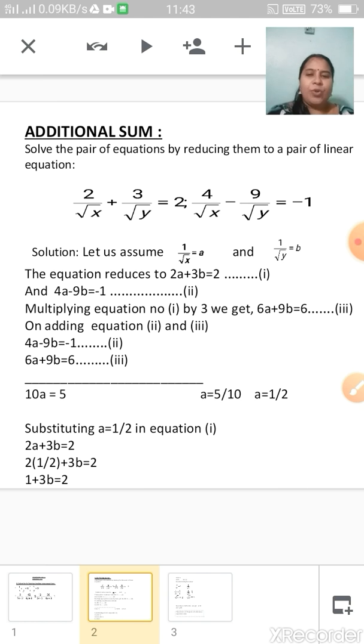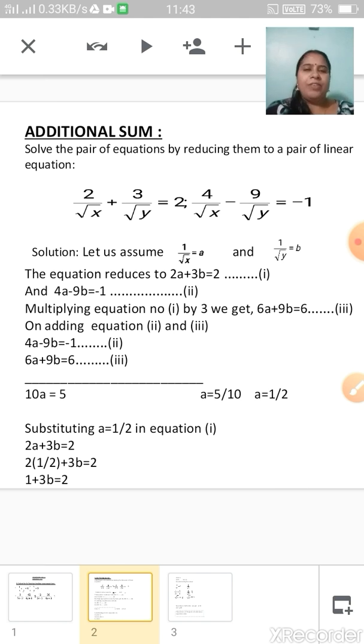We get 4 plus 6, that is 10a is equal to 1 plus 6 minus 1 plus 6, that is 5. So 10a is equal to 5, where a can be written as 5 upon 10. It is not 10 upon 5 where you will write a is equal to 2. Be very careful while dividing. Shift that term which is along with the variable to the other side, and so 10 will be shifted to the other side, not 5. So it will be 5 upon 10, that is equal to 1 upon 2.